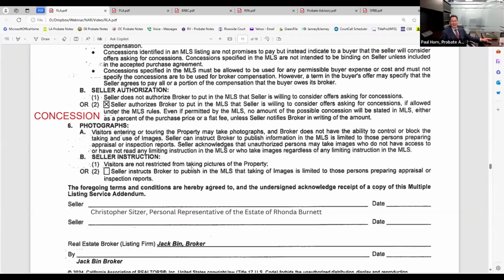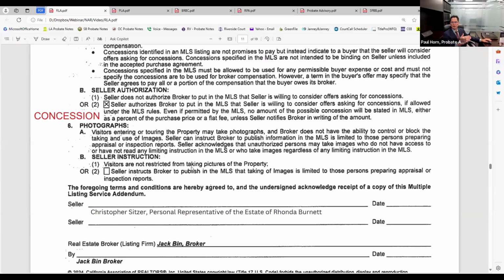Okay. All right. So let's say if your seller flat out says, I want to do it. I want to do a concession, right? I want to incentivize. I want to sell this home quickly. Time versus money. I don't have time to wait around. I want to sell this thing ASAP. Give a concession. I want to sweeten the pot.